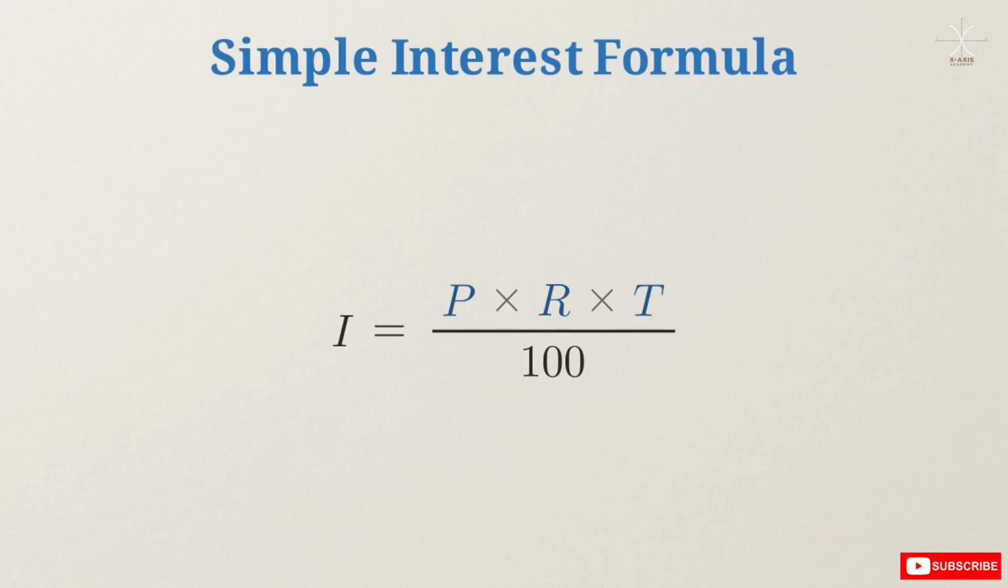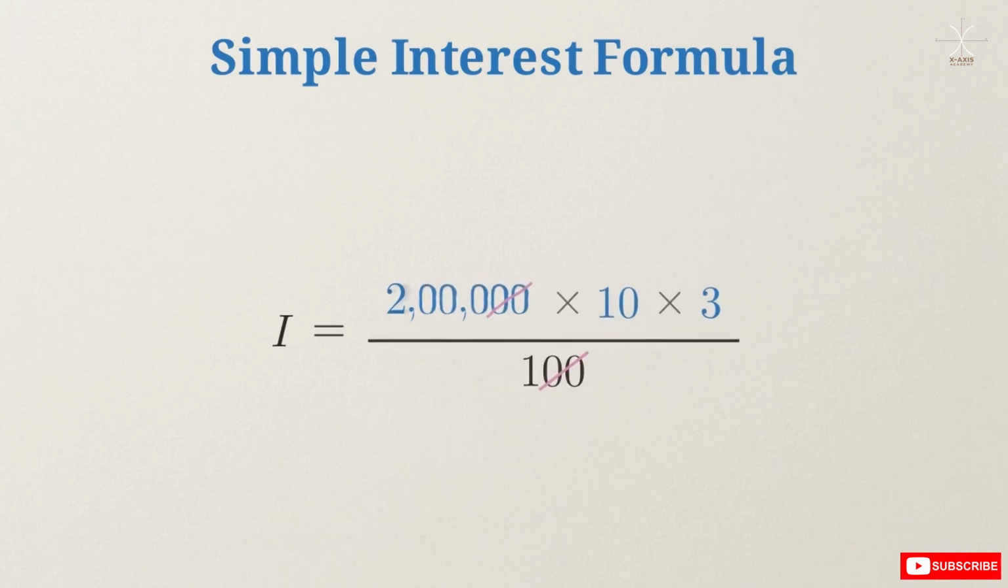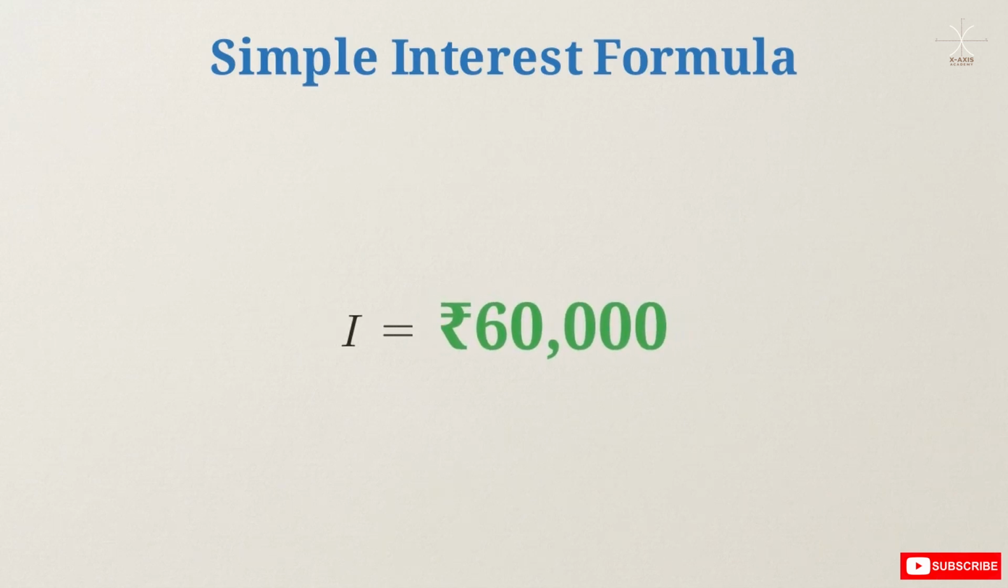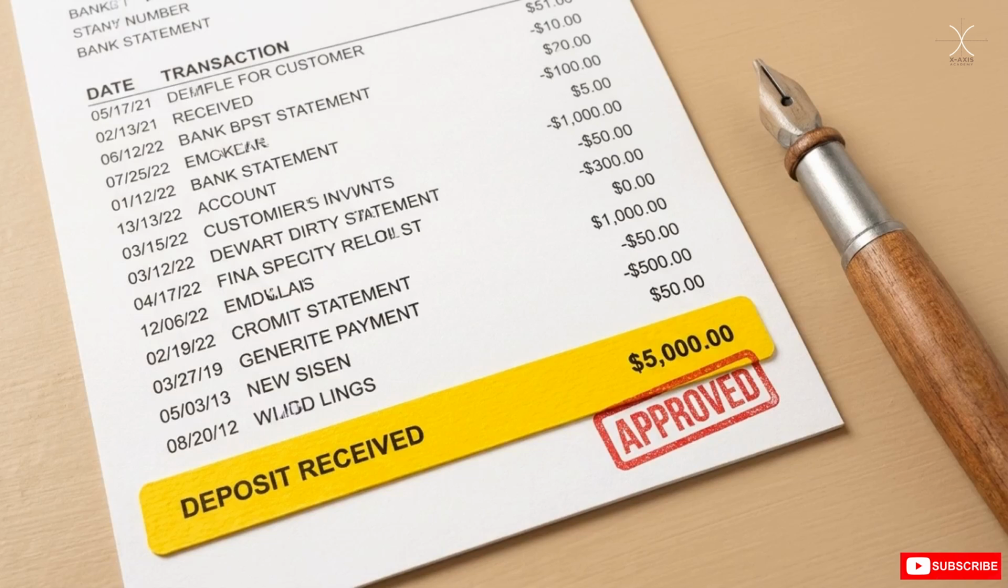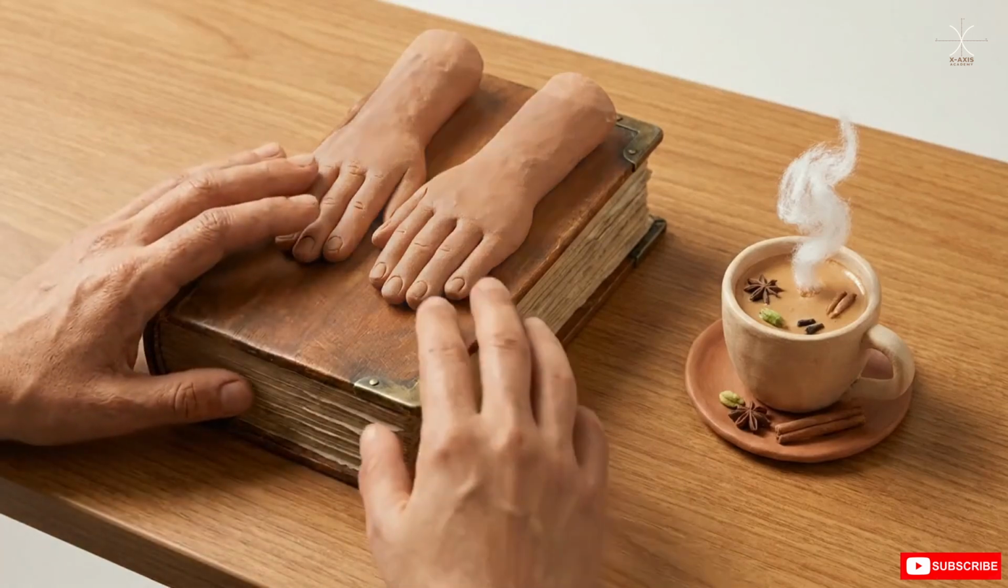If we plug the shop owner's variables into the top half of the equation, we get 200,000 multiplied by 10 multiplied by 3. We divide that product by 100 because our rate is a percentage. To make the math easier, we can simplify the fraction by canceling out 2 zeros from both the numerator and the denominator. Now just multiply the remaining numbers. 2,000 times 10 times 3 gives us 60,000. That 60,000 rupees is the exact total cost of borrowing bank money for 3 years, proving our formula matches the timeline block for block. Now the 3-year term is up, and it is time for the shop owner to officially